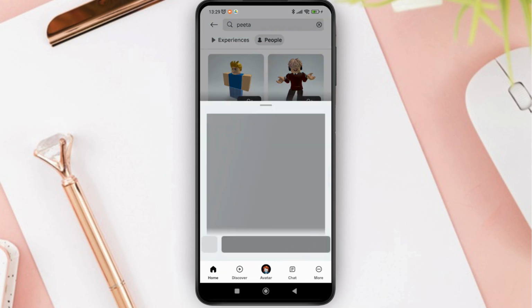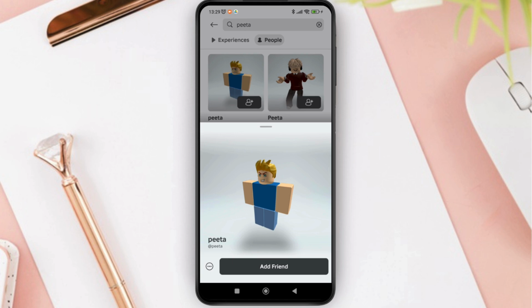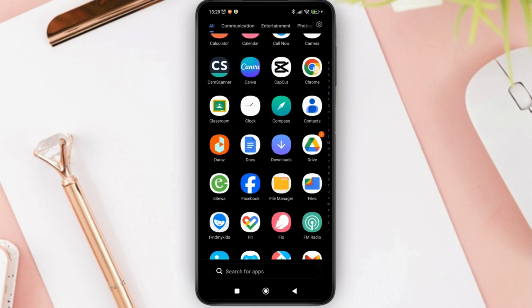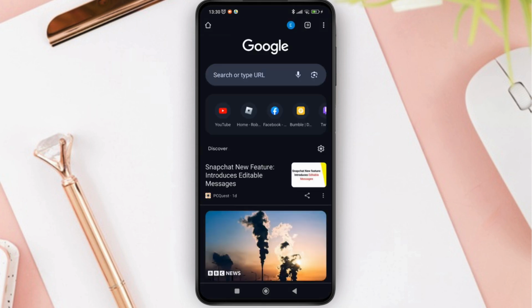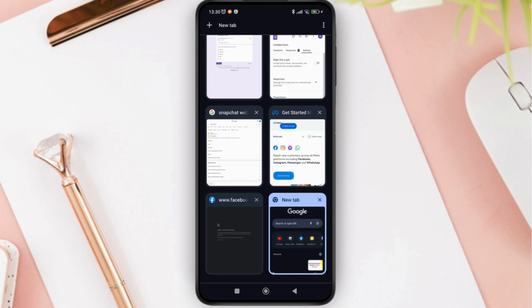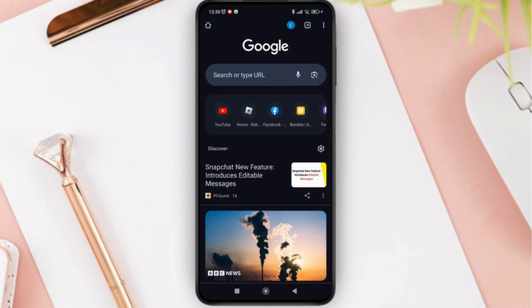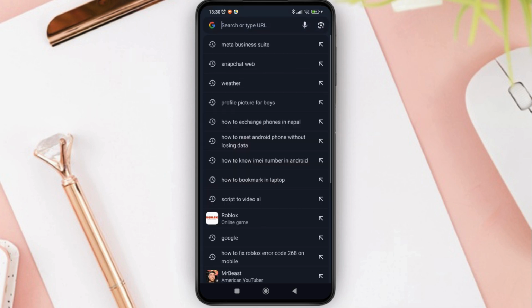For you to be able to join them, what you can do is head to a web browser. So here I am choosing Google Chrome. Now on this page what you want to do is click on the extensions icon and visit the Chrome Web Store. In the search panel you want to search for RoSearcher. So just type in RoSearcher